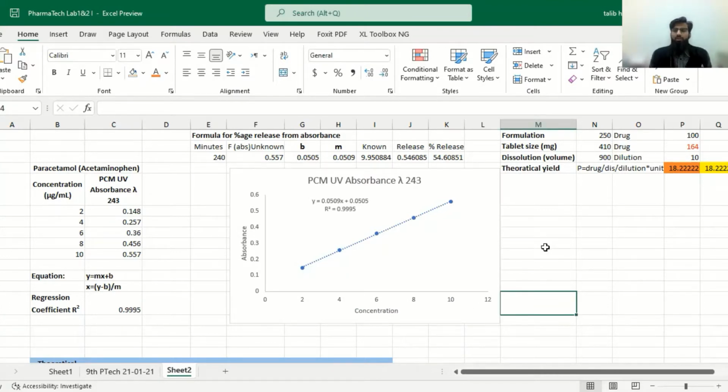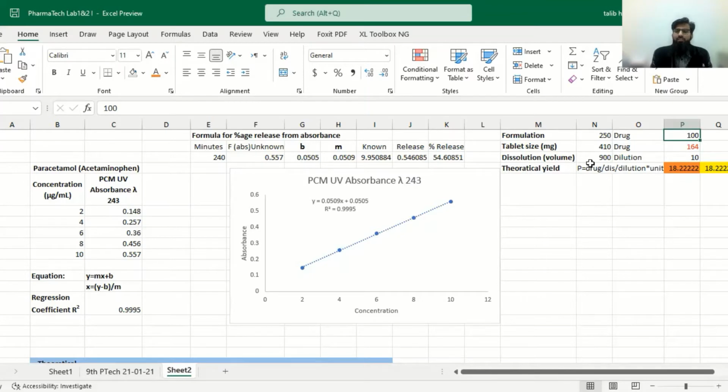Now we are actually performing an experiment of dissolution on our tablets, on any delivery system. For example, it's a patch, microparticles, nanoparticles, a gel, anything. I will give you an example of a tablet. We have prepared a formulation in which we added 100 milligram drug to prepare a 250 milligram formulation. A formulation total containing some excipients has a weight of 250 mg, that contains a drug of 100 mg.